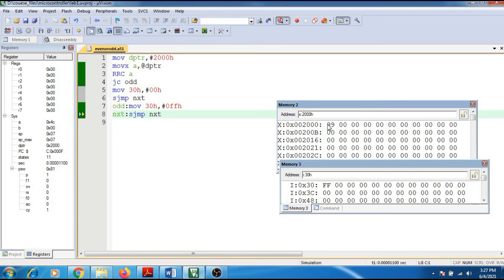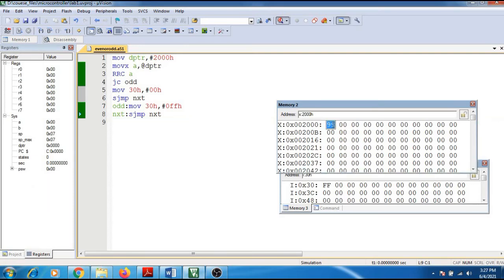Okay, so now we'll check for the other number. We'll take 22H. Okay, so now DPTR is 2000H.